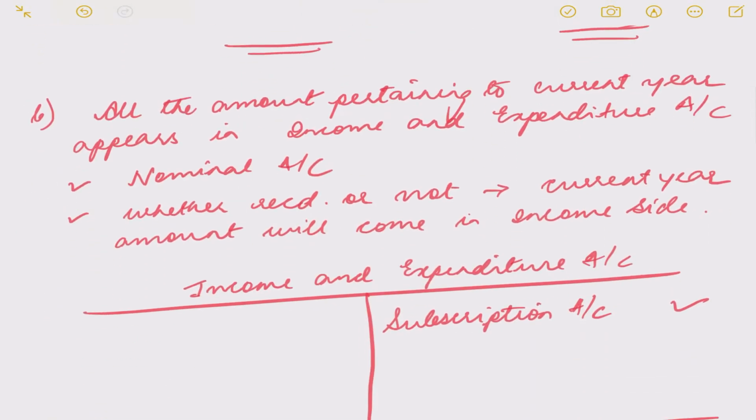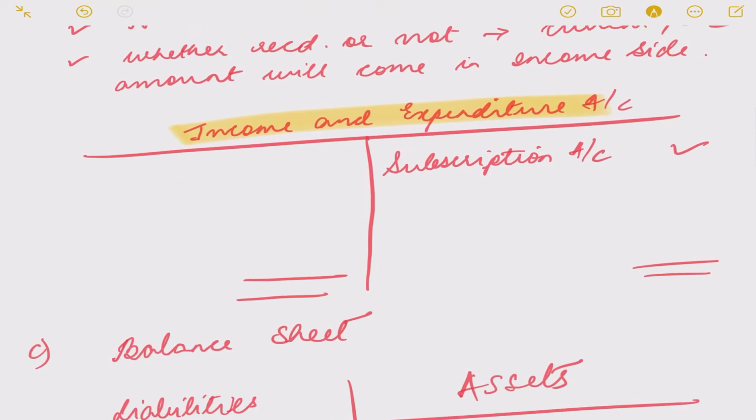Next treatment is in income and expenditure, where we write all the amounts pertaining to only and only current year, present year. ये नॉमिनल अकाउंट होता है, तो इसमें जो भी करंट ईयर से रिलेटेड अमाउंट होगा वो ही आपको पोस्ट करना है. तो इनकम एंड एक्सपेंडिचर के इनकम साइड में, क्रेडिट साइड, ओके, सब्सक्रिप्शन अकाउंट।